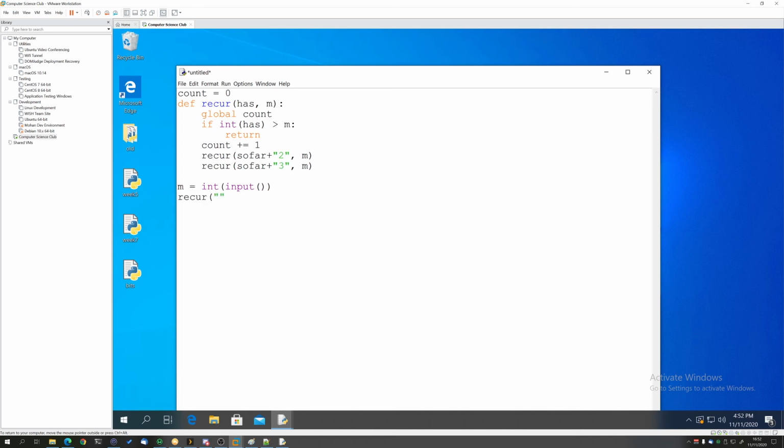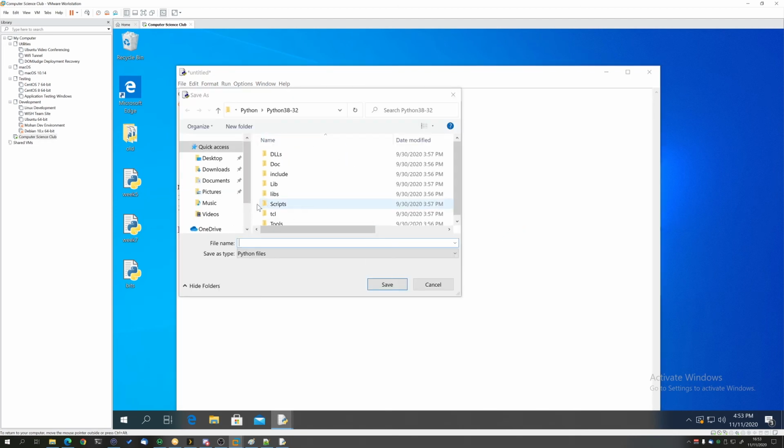So if we were to just give this an empty string, right? If we evaluate this empty string, it's actually going to, sorry, not has, so far. I usually just use has or so far. But if we do this, that can't be cast to an int. So we're going to have to actually make that decision first. So we're just going to start off with a 2 and just do it that way. Right, so now I can just print count and I should get the right answer.